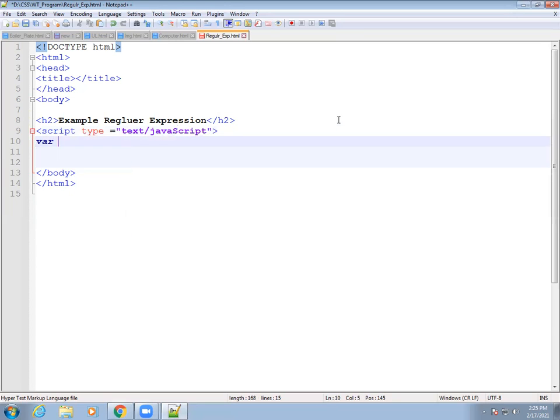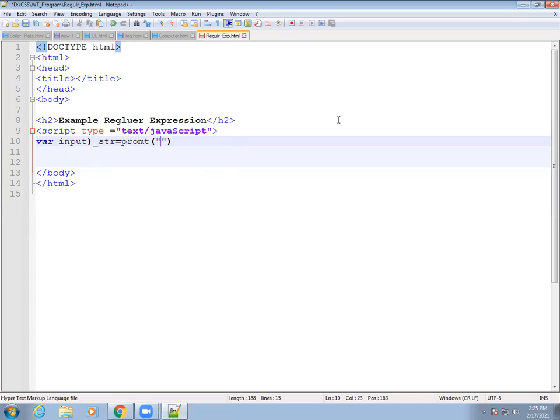Now we will write our variable, input string equal to. Here we want some string from the user, so for that we will use the prompt function.